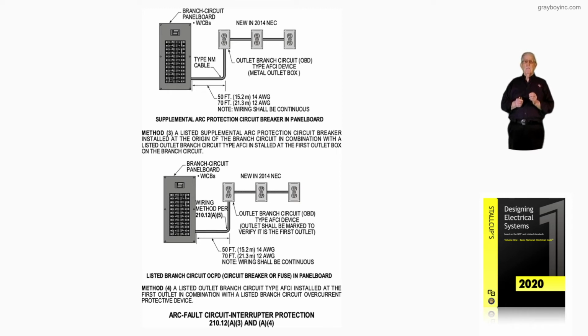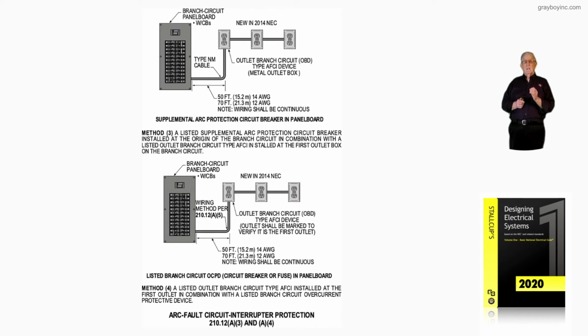Now let's look at method 4. It states a listed outlet branch circuit type AFCI installed at the first outlet in combination with a listed branch circuit overcurrent device. And then again, you have 50 feet for number 14, 70 feet for number 12, and the wiring again shall be continuous. And the wiring method that you select is